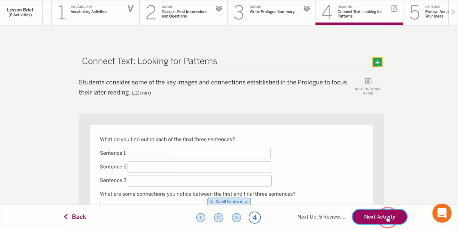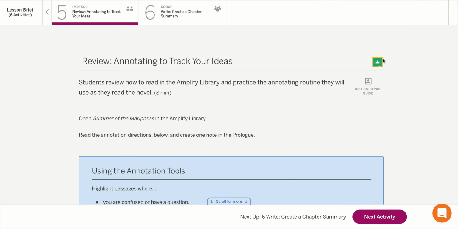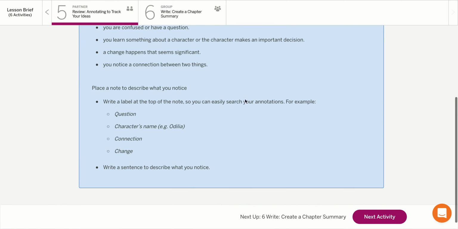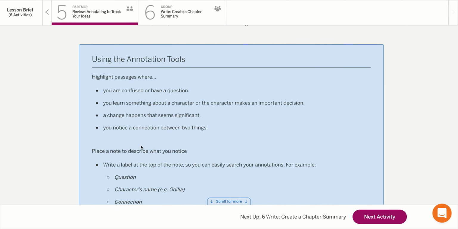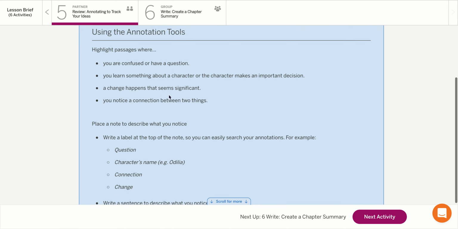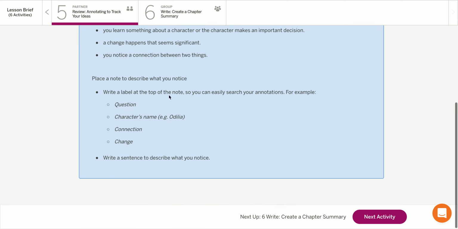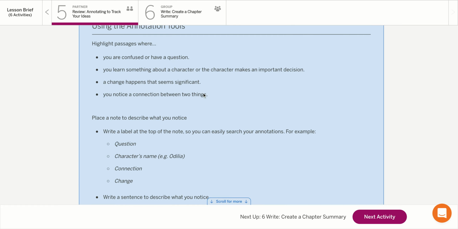When you're done with that, you'll go to tab 5 and complete tab 5. On tab 5, this says to highlight the passages where you maybe were confused or had questions. So if you did that in the previous tabs, then you don't need to do that again. Okay, so for number 5, you might not have anything that you necessarily turn in. So then you'll click on next activity